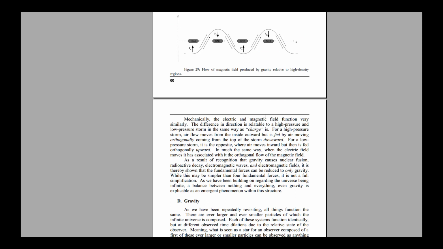Mechanically, the electric and magnetic field function very similarly. The difference in direction is relatable to a high pressure and low pressure storm in the same way as charge is. For a high pressure storm, airflow moves from the inside outward but is fed by air moving orthogonally coming from the top of the storm downward. For a low pressure storm, it is the opposite, where air moves inward but then is fed orthogonally upward. In much the same way, when the electric field moves, it has associated with it the orthogonal flow of the